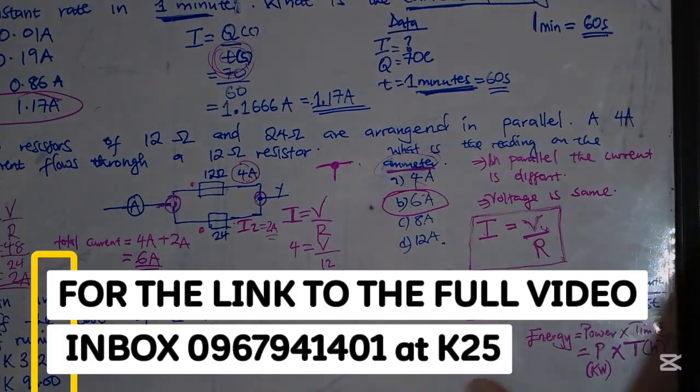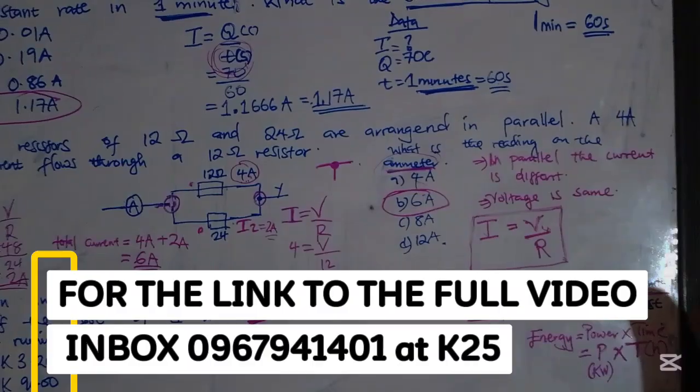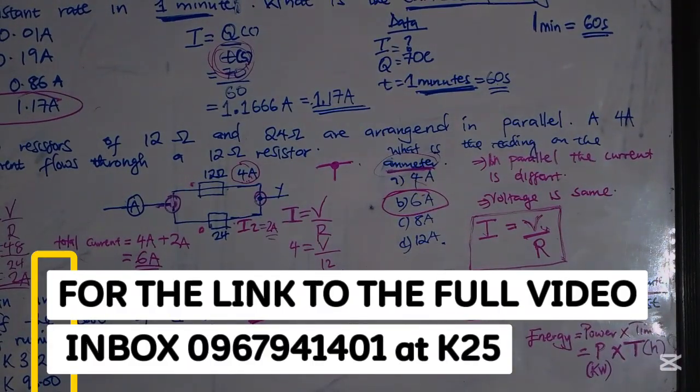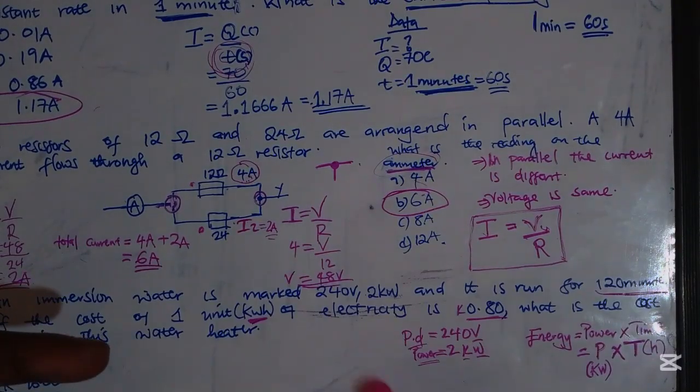So you have to remember these things I'm telling you. Why are we saying power and time should be in kilowatts and hours? So remember, the unit for electricity is kilowatt-hour. So that is why the power needs to be in kilowatts and the time should be in hours. So this question was simple because the power was already